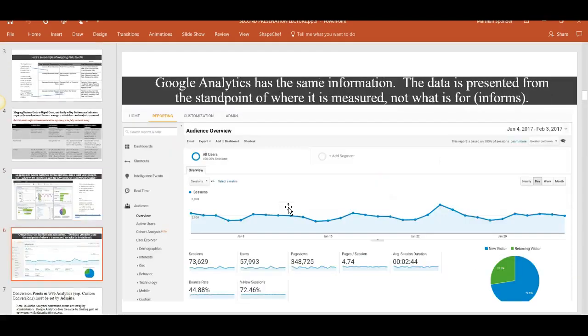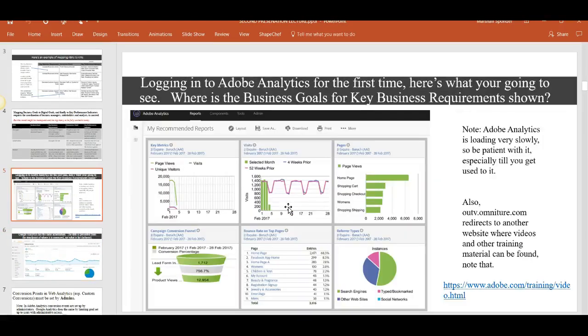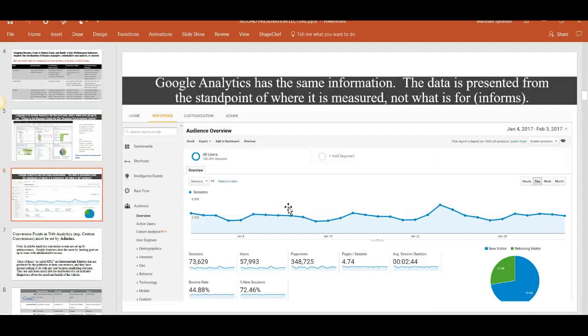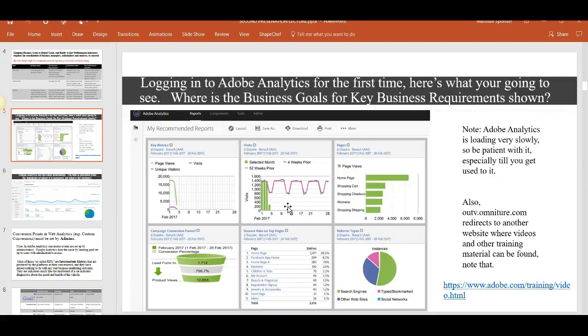Now with Google Analytics, it's going to look like this, and you have the same information. It's different websites though. Our Google Analytics is pointing to a real website called the Google Merchandise Store. It's got real data in it, and Google made that available in the summer of 2016 for anybody. So anybody could actually sign up for that and get those reports and look at the analytics implementation. A really nice step. People have been asking for that for a long time. But Adobe Analytics we do have to pay for.